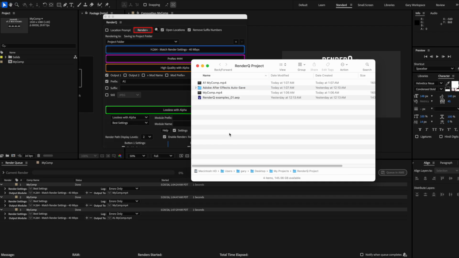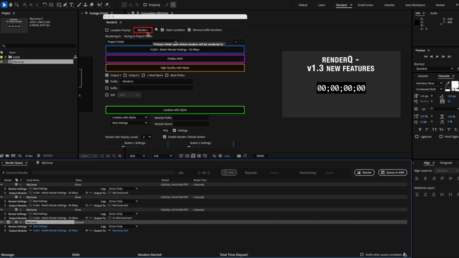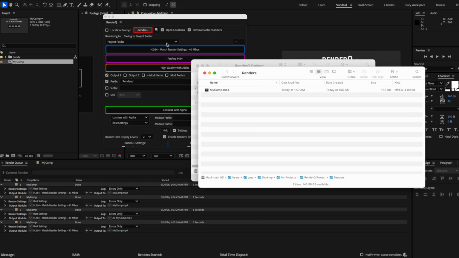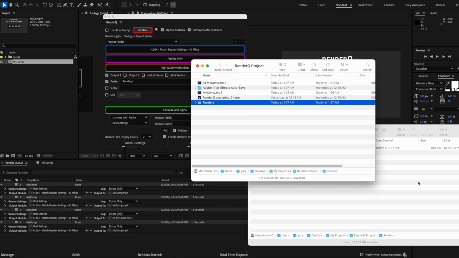What if I want to render to a folder within the project folder? Let me show you how that works. In prefix, I'm going to start a folder called renders, because everybody has a folder called renders in their project folder. And then I'm going to add a /. When I do this, and I queue up the movie, and I'll hit Render Plus,